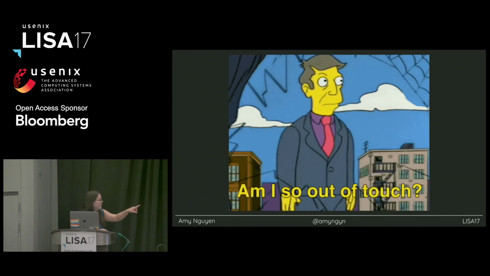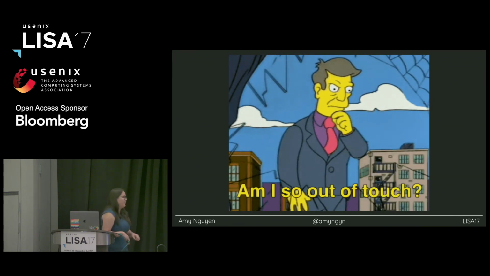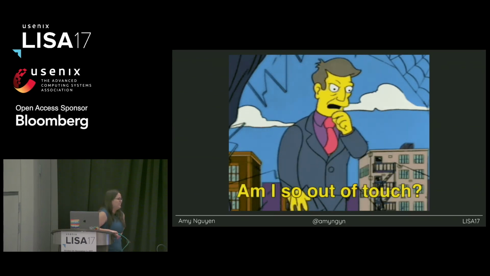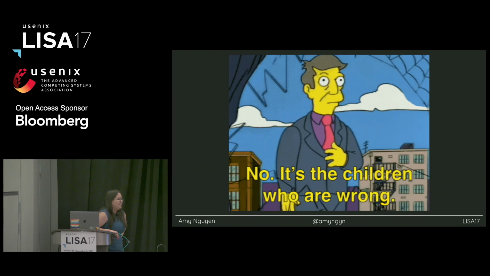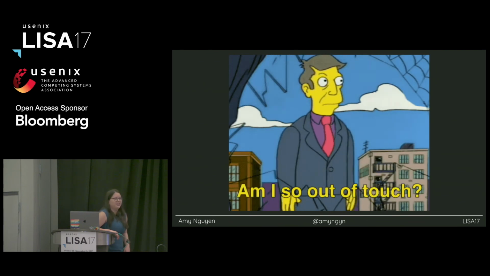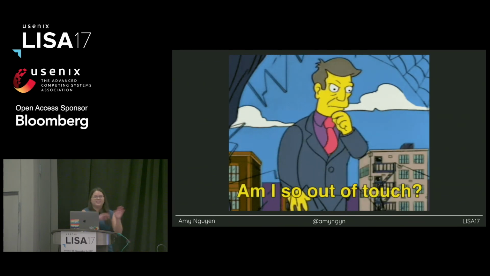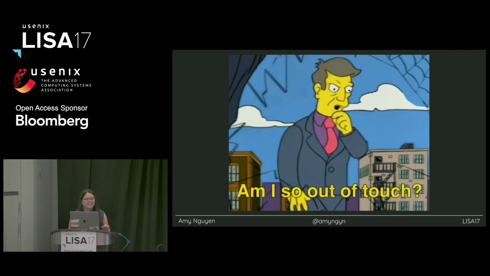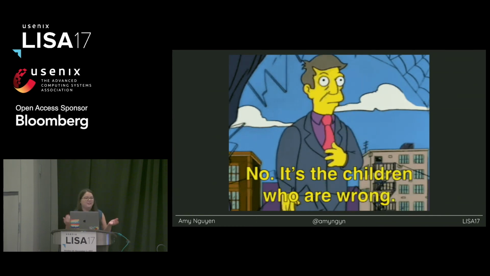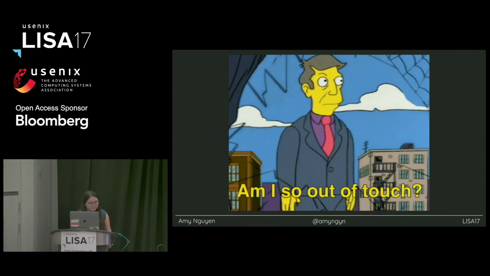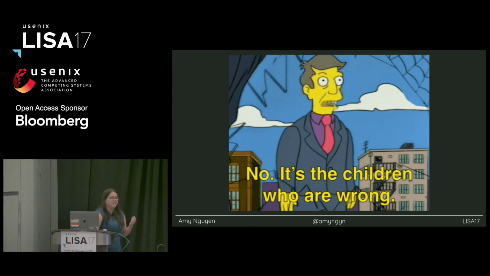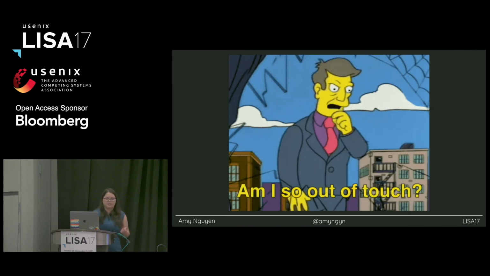This is me about a year ago. I would build tools and be like, why doesn't anyone like them? I love this tool. It's so intuitive and easy to use, and no one uses it, so they're all just dumb. I know not all of you necessarily say those exact words, but I'm sure you've thought it at some point, like, it's so easy, how could no one want to use it? And this is one of those times where you want to be like, the customer is always right. If they don't want to use it, there's clearly something that needs to be fixed, even if you think it's a good tool.